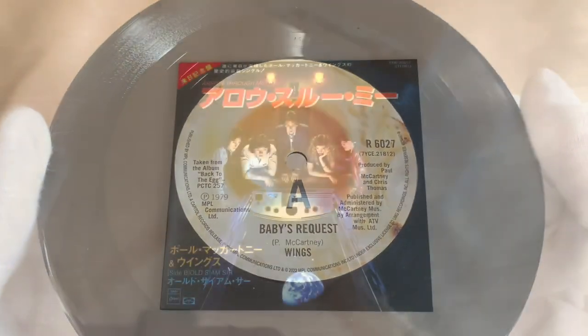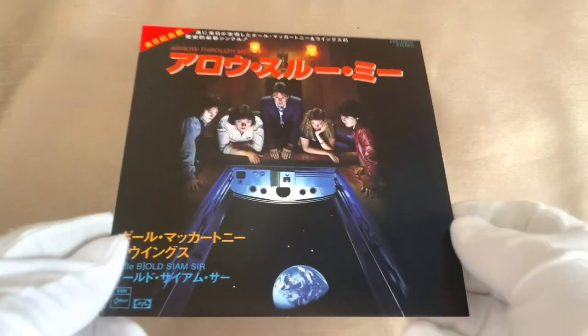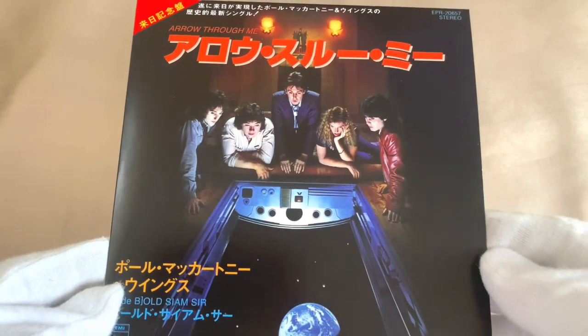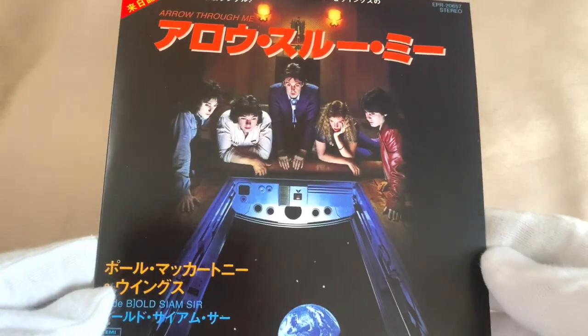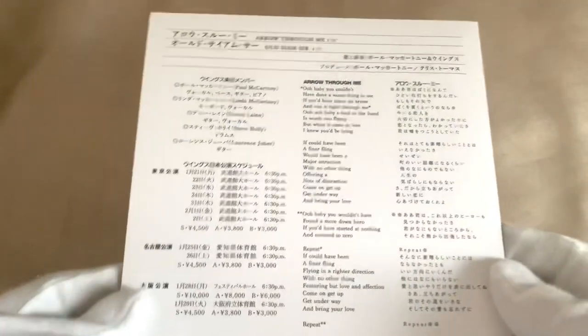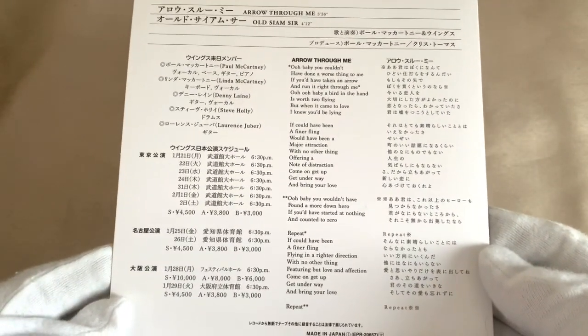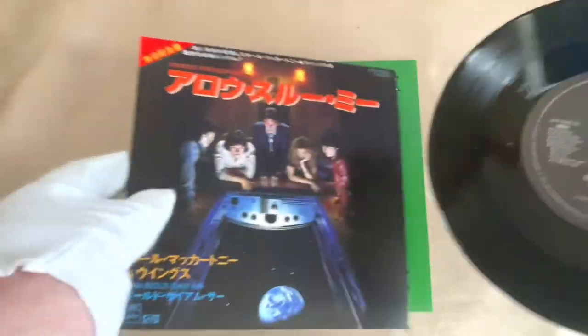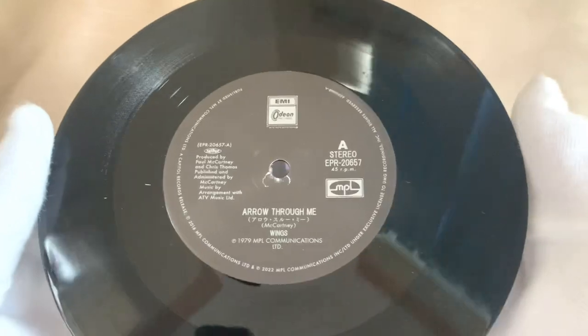So we move to Japan then for this particular single, and we've got Arrow Through Me with Old Siam Sir as the B-side. Obviously you've got the picture from the Back to the Egg album there at the front, and of course the lyrics in Japanese and English, and then we've got the record itself on the Odeon label,